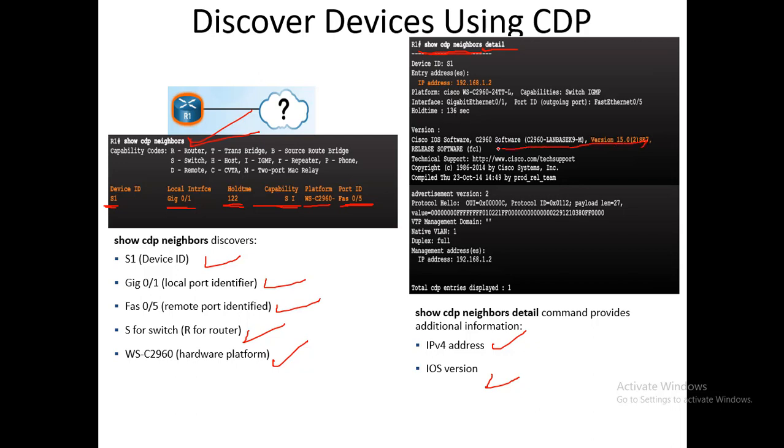You can see the iOS version shown over here, and also the time and date, and the copyright. You can see that the copyright is by Cisco, and you can also get the IP address. So using this specific keyword detail, you can find more information about that specific device.